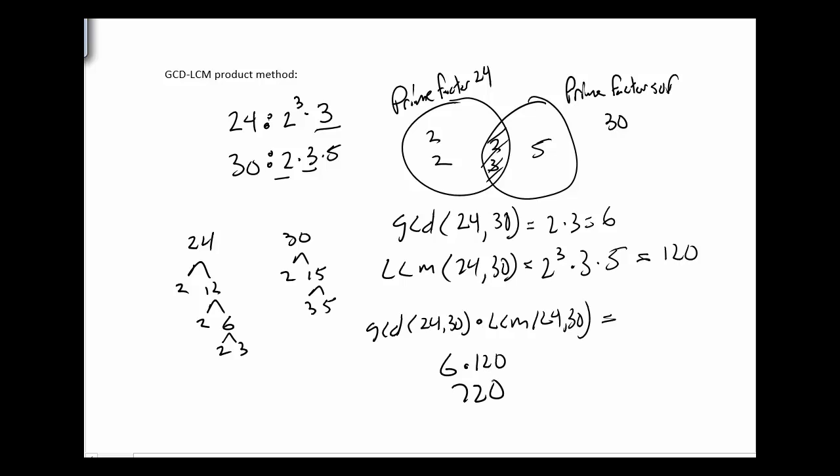Okay, now take a look at 24 times 30 though. Take a look at the original two numbers. 24 times 30 is also 720. Now think about that for just a second. I've got this nice pretty relationship between the GCD and the LCM and the product of the original two numbers,